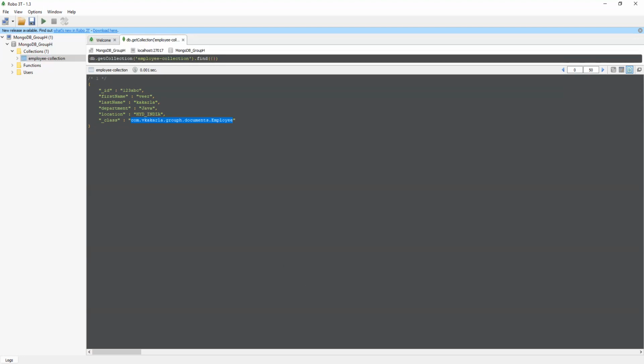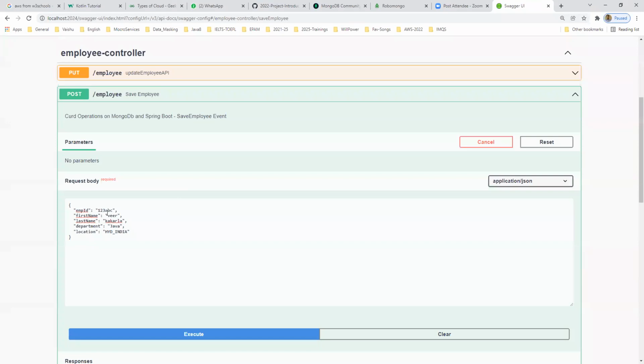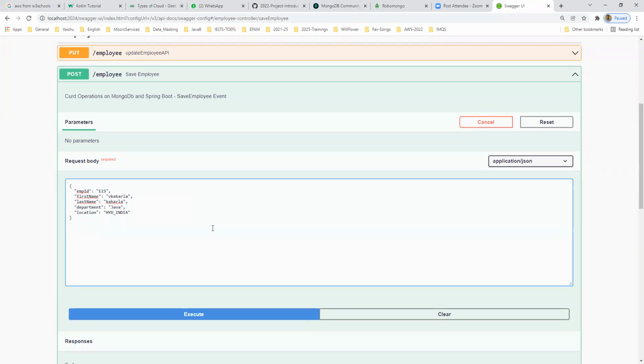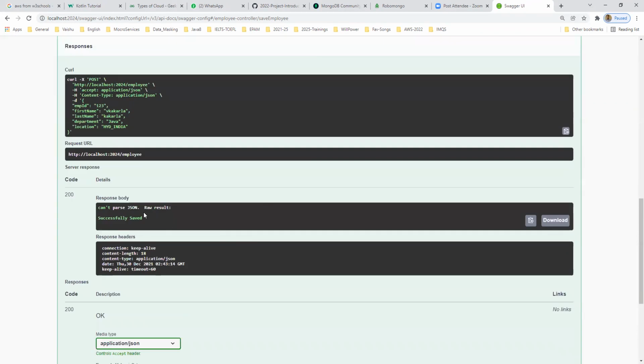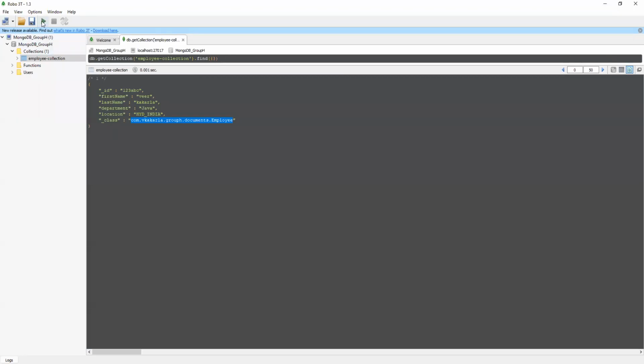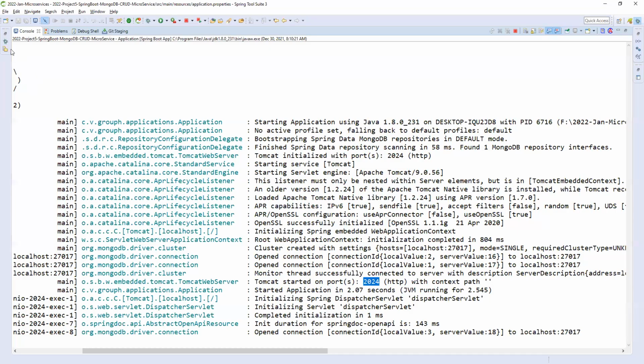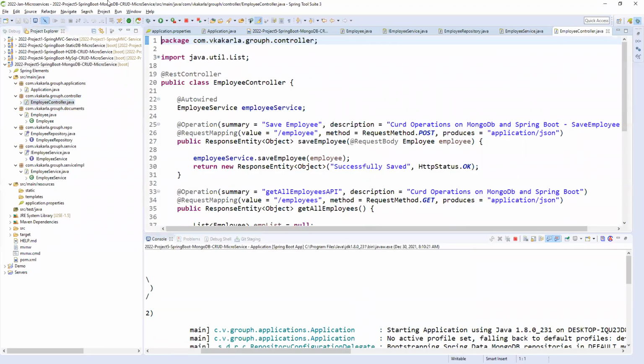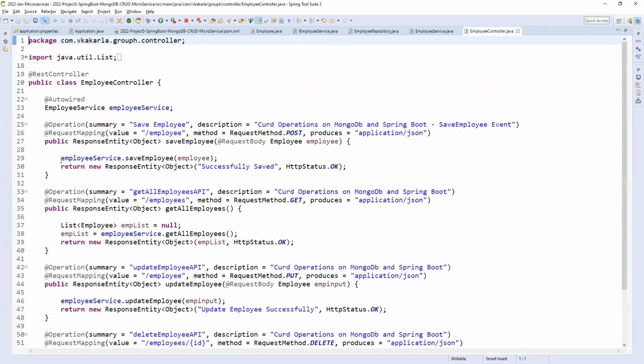And let me store one more document. So ABC 1, 2, 3 ABC, right? So let me give 1, 2, 3 only. So I'm changing. Okay, so I'm executing this. So successfully saved. So let me see. Remaining all are same. So one more document is added. If you come to the controller, I did not open the controller, right? So you can see the controller is the same, nothing is changed.